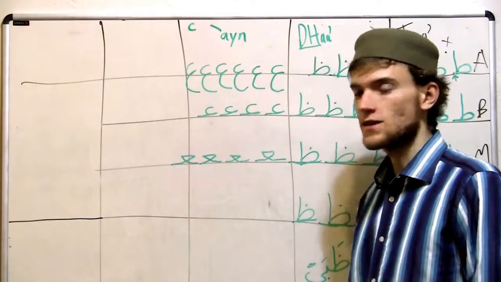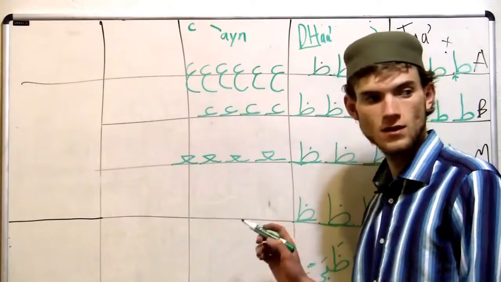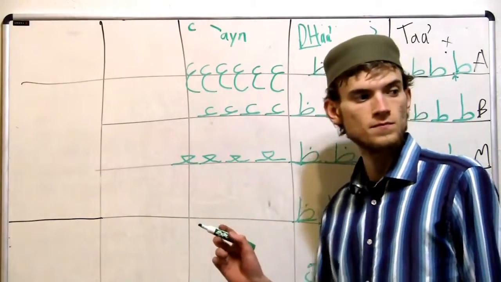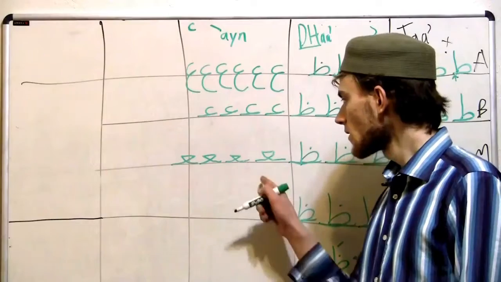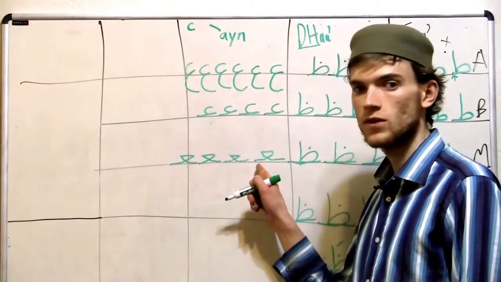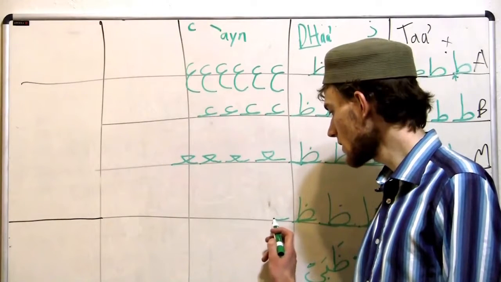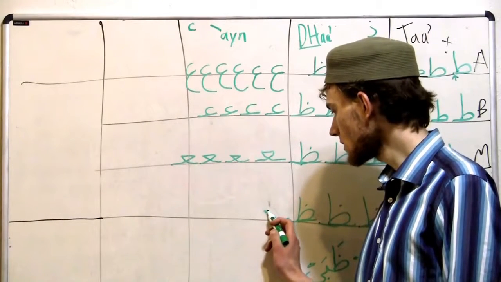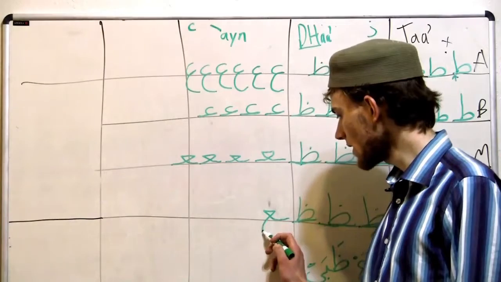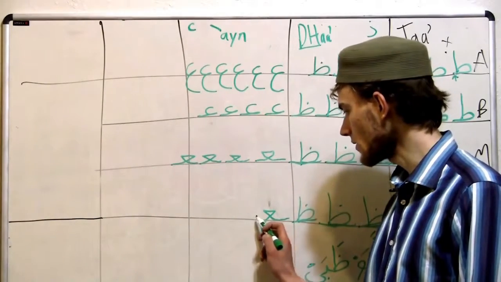And then finally, when it's at the end of a word, we have this form only with a tail. So everyone watch, we're coming in from a previous letter, make that point, then go down and then continue on for a tail there.